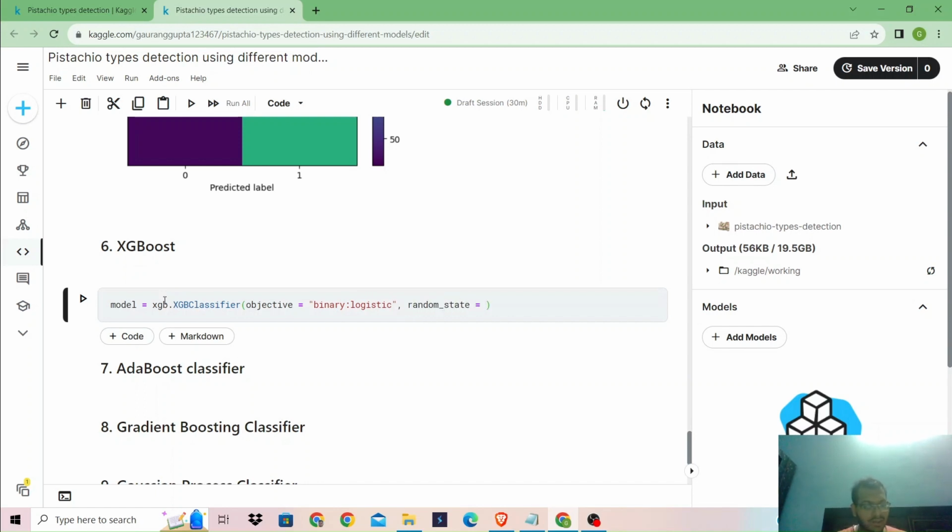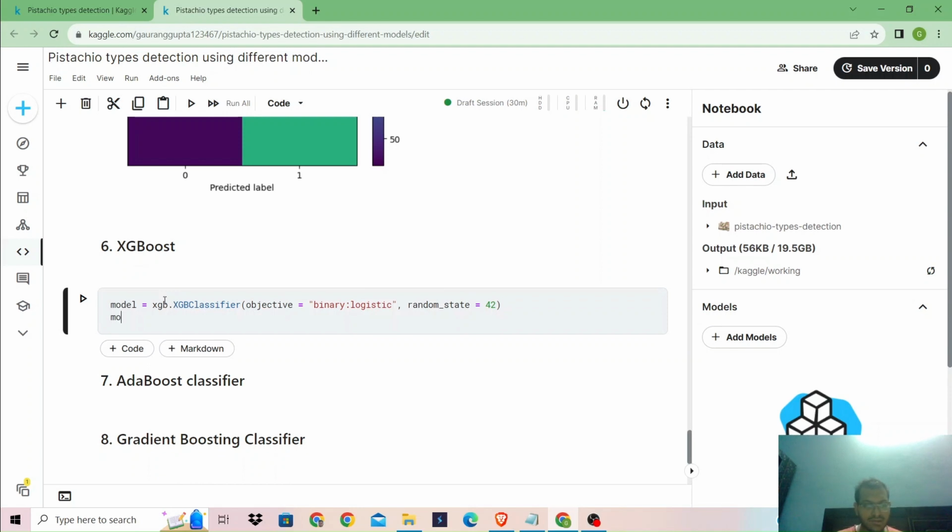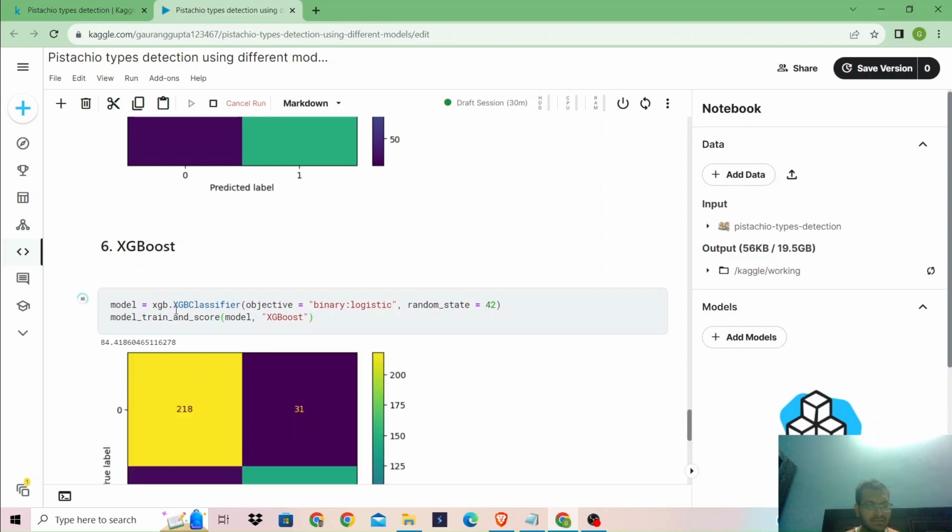Random state will be 42. Then model train and score will be model and XG boost. So now let's run it. Here we got our